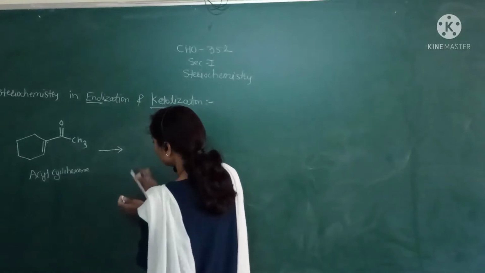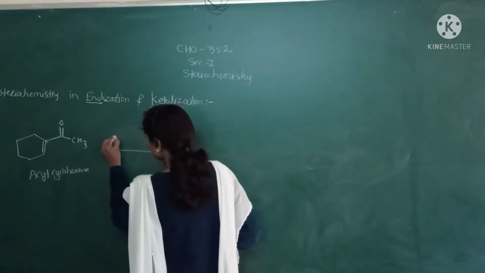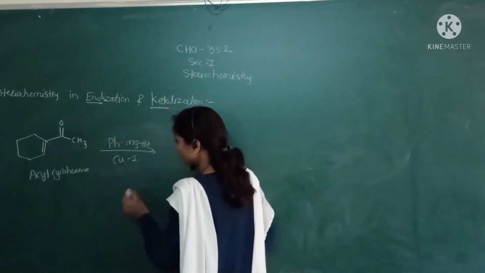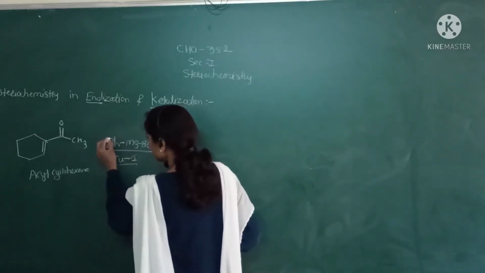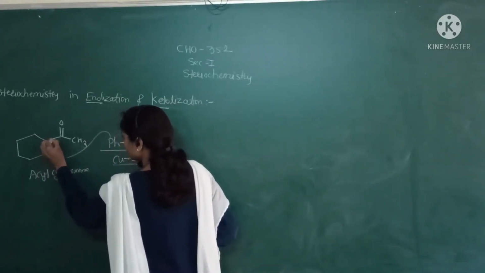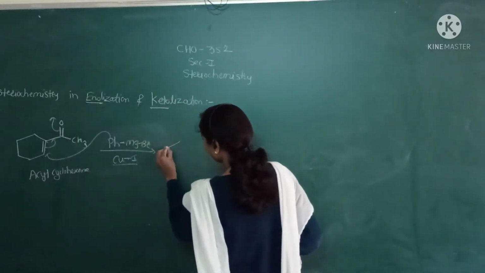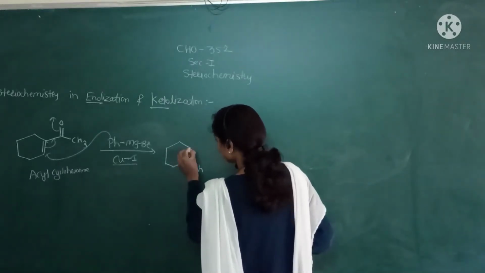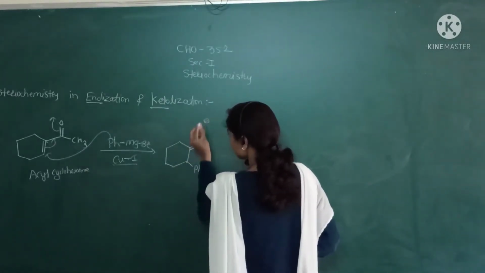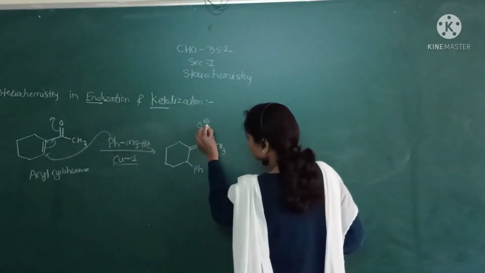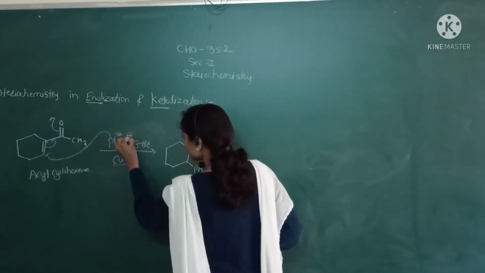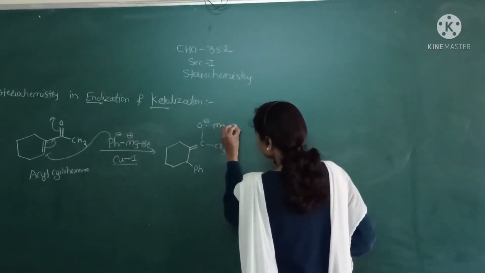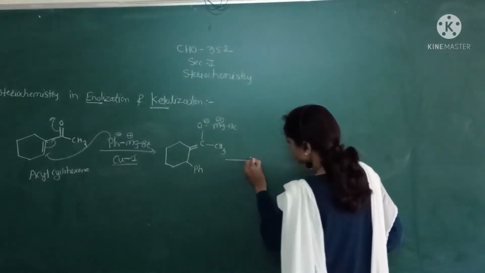Suppose by using the reagent, Grignard's reagent, PhMgBr, in the presence of CuI, then 1,4 addition takes place because of the CuI, then Ph is directly attacked over here, and then O minus. Then our structure is like this: here is Ph, here is the double bond, here is O minus, and here is CH3. Here O minus and Ph, and MgBr is plus, because all metals are plus, therefore MgBr plus. Now in the next step,